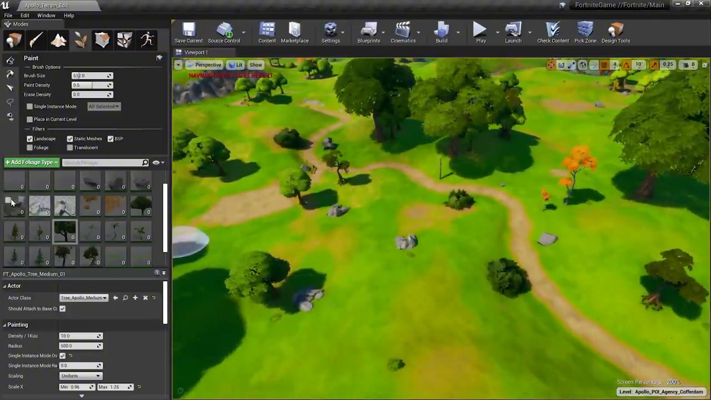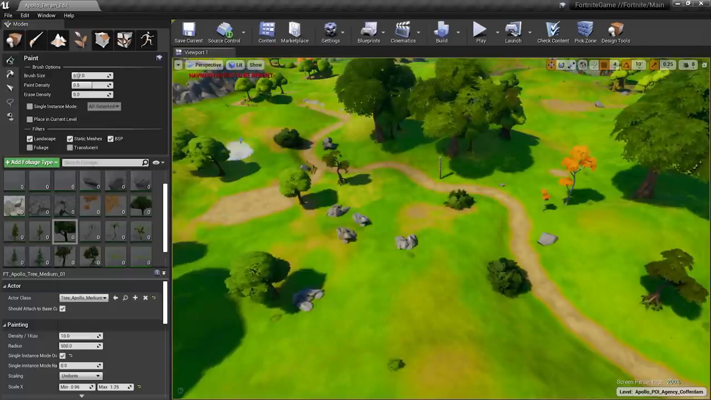This was definitely requested by the level designers and allowed them to use the foliage paint tool, whereas previously they